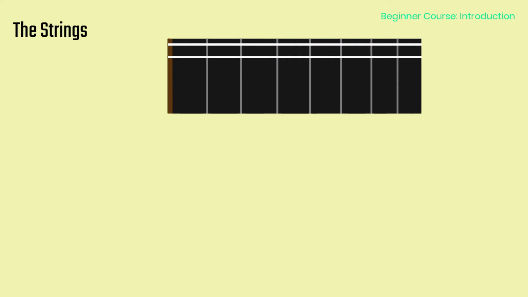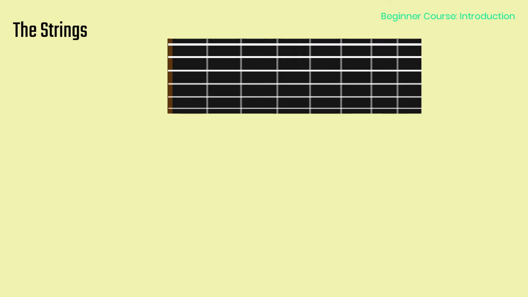In order to start learning to play the guitar, we need to give each string numbers and letters or notes. On the bottom you can see the thinnest string, which is string number 1. The thickest string, located on top, is the 6th string. Before we start learning notes on the fretboard, we must know which note each of the strings sounds when played. You might think at first that strings follow the same order as the alphabet, but unfortunately that is not the case. The guitar is tuned with wider intervals of notes between strings, so we are able to have a big range of notes without having to use many strings.